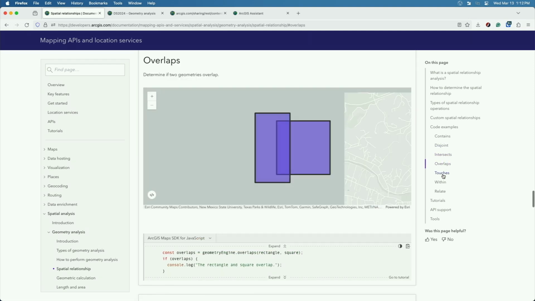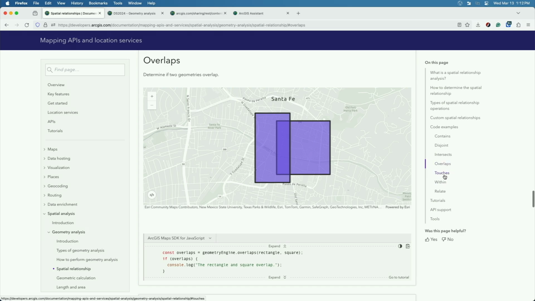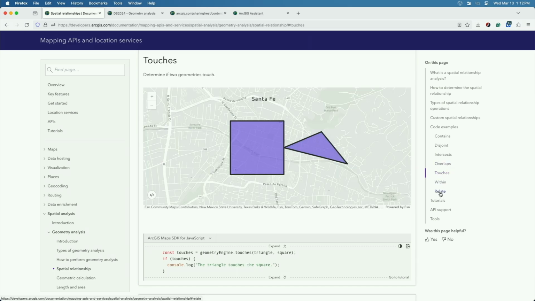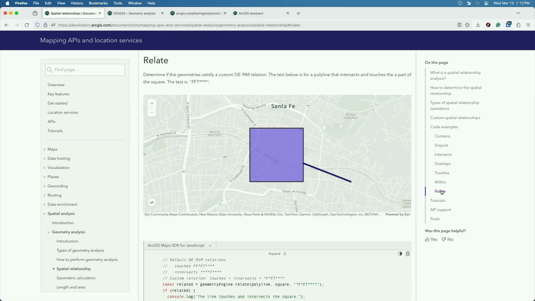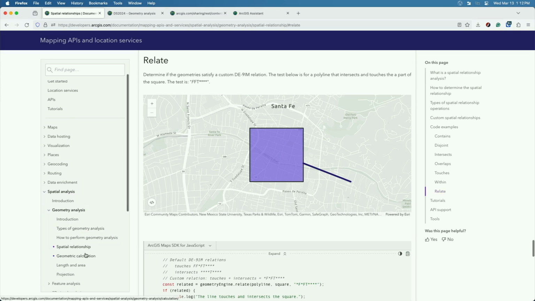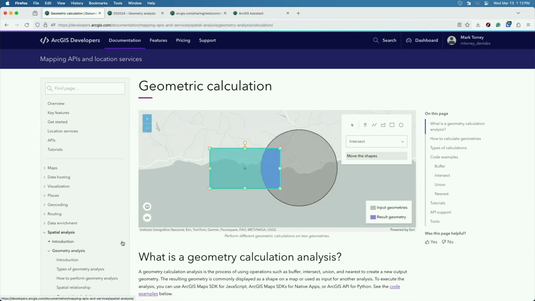Disjoint, overlap, touches, relate. Okay, so spatial relationships, those are Boolean operators. And then if we move into geometric calculation, right, these are operations that are actually going to result in a new geometry. So again, we have a pretty cool app here to test for the different operations of geometric calculation,